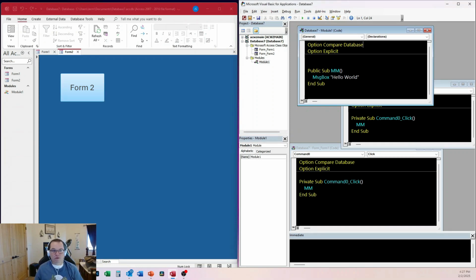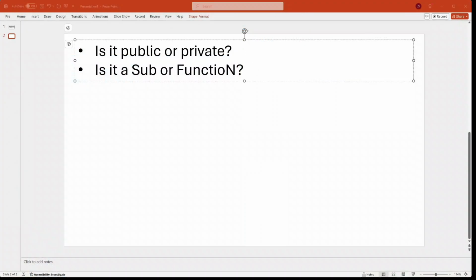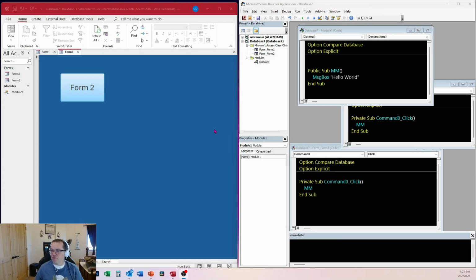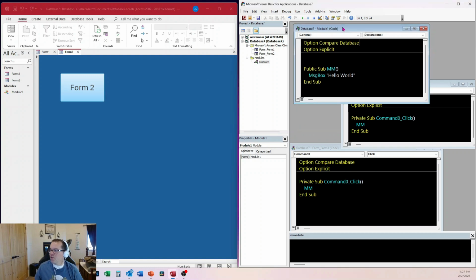Now, that out of the way, what is the next thing we need to consider? We need to consider whether it is a sub or a function. Is it a sub or function? So is it a sub or a function? You don't have to do the big N. There we go. Now the reason we want to consider that is whether we're expecting the procedure we call to